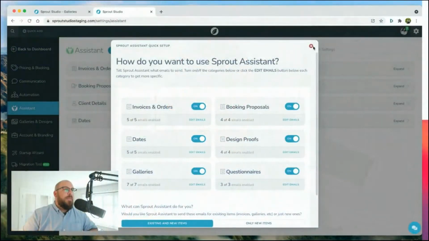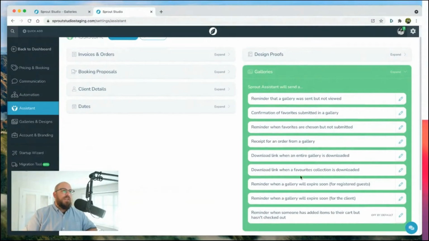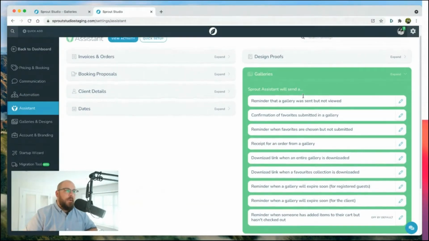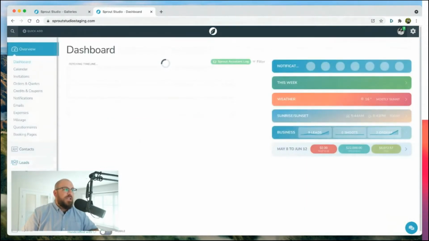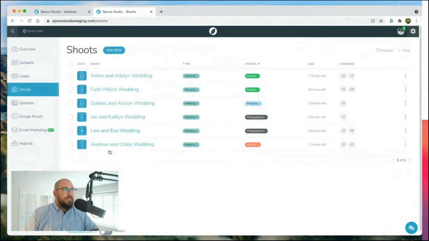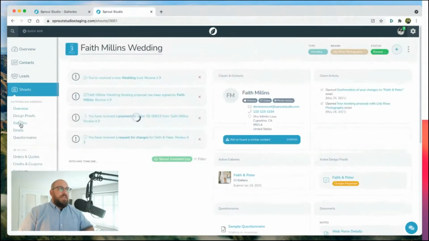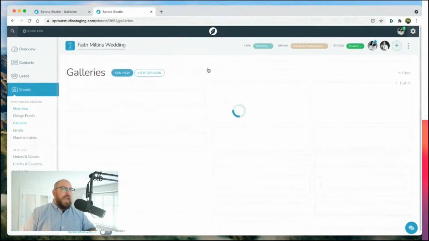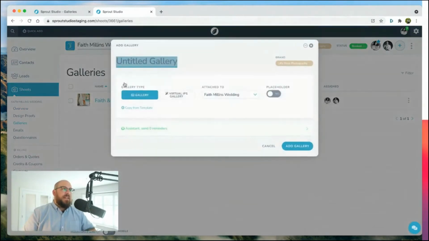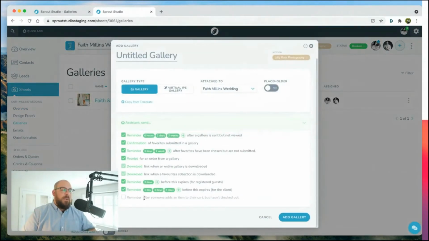So basically, if I open over here, in the gallery, these are all different kinds of emails that can go out for a specific gallery. If I have these all turned on, I mean, this one I've got turned off by default. If I go into a shoot, I'll just go into any one of these shoots here. I'll go into this one. If I go into the gallery section here and make a new gallery, it's the exact same thing. These defaults, I've got that one turned off by default. These will all pull automatically. So as I add new galleries to an existing shoot, it'll pull my defaults in